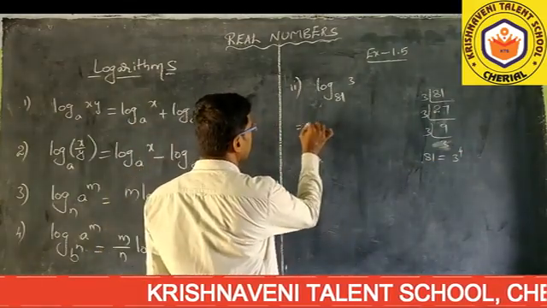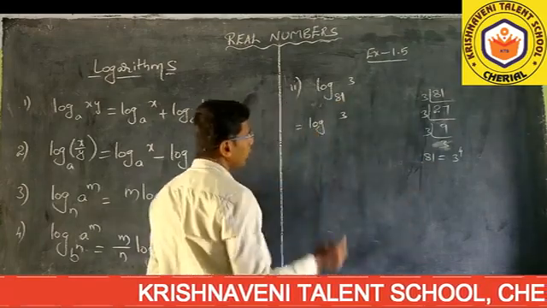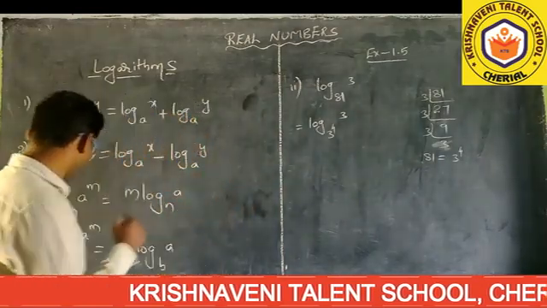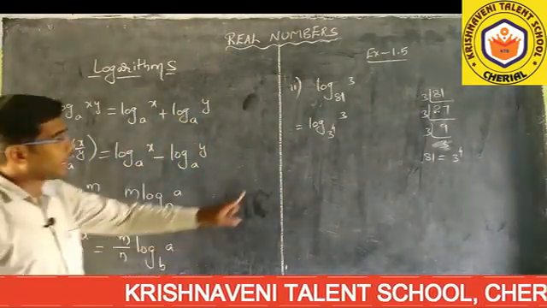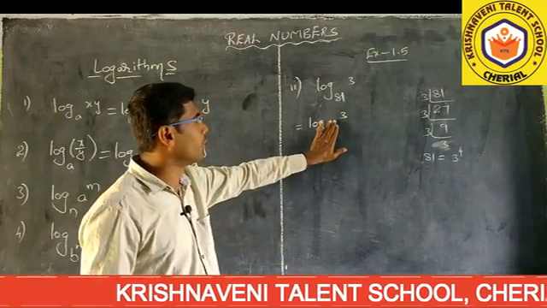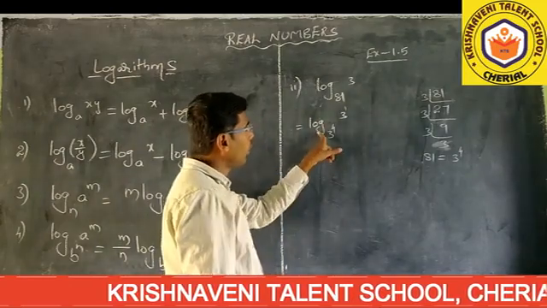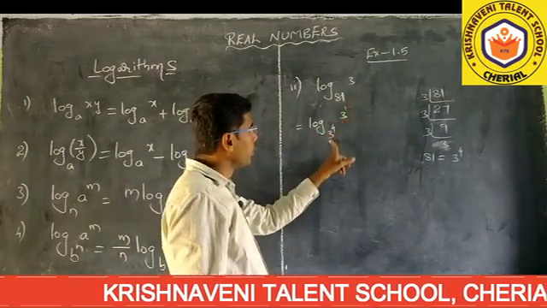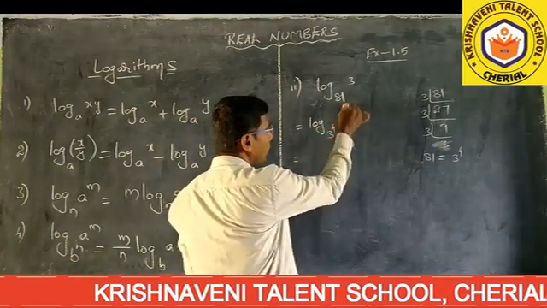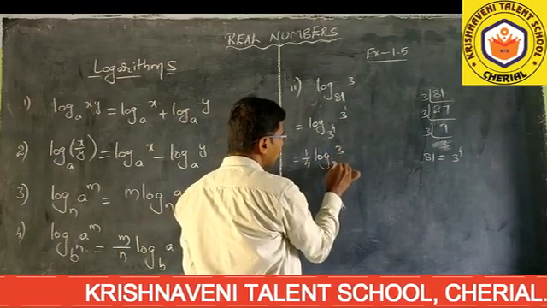Now this equals log 3 to the base 81, and 81 you can write as 3 to the power of 4. Now observe properly, which law do you have to use? The number is 3 and the base is 3 to the power of 4. Here 3 I can write as 3 to the power of 1. Now observe log a to the power of m to the base b to the power of n: the same fourth law you use. If you use the fourth law, then 1 by 4 will come before the log, 1 by 4 log 3 to the base 3.